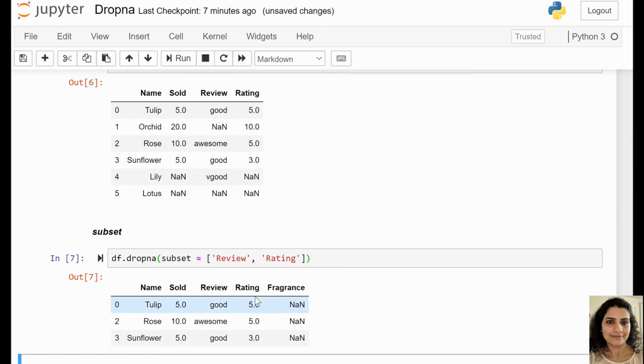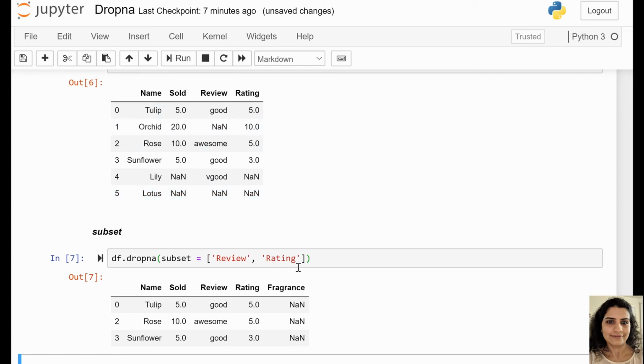So what will happen is it will go to this review column first and look for the NaN. Here it got the first NaN, and the row corresponding to this NaN will be dropped, so this orchid row will be gone. Then it will come to another NaN, and this lotus row will be gone.